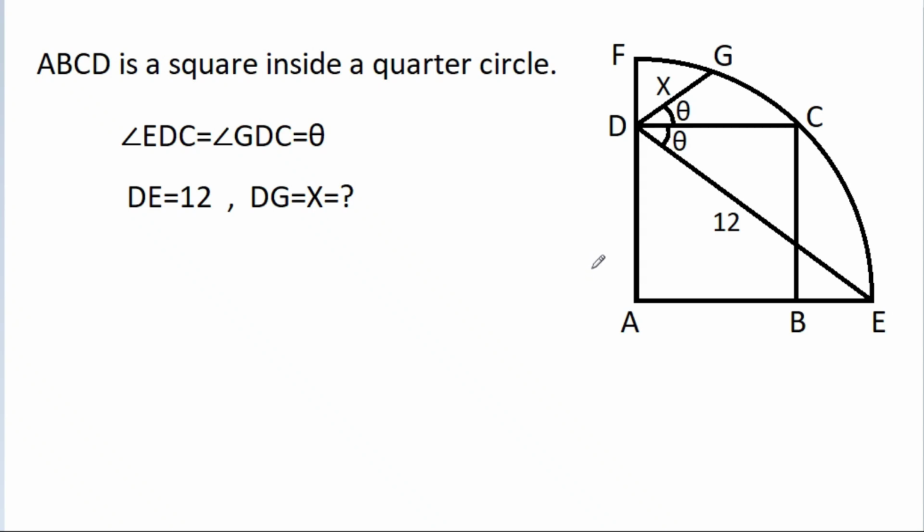In this video, we have given that ABCD is a square inside a quarter circle, and angle EDC is theta, angle GDC is theta, and DE is 12, DG is x. Then we have to find x. So first method,